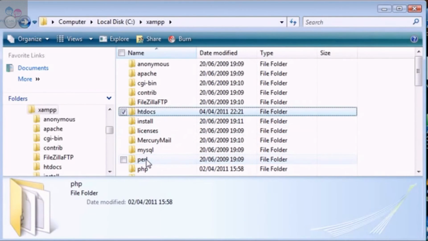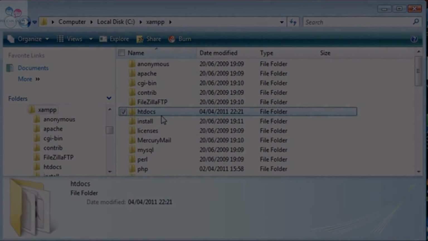Okay, so htdocs is the folder that I want to focus on in this tutorial because we're going to be creating our first file. Now inside htdocs at the moment it's a bit of a mess